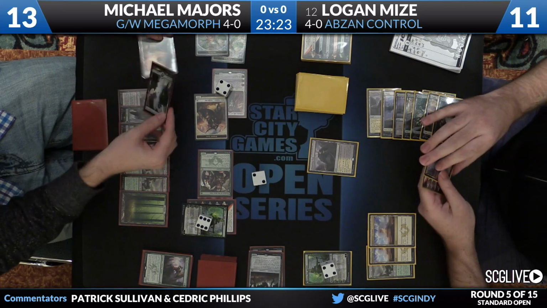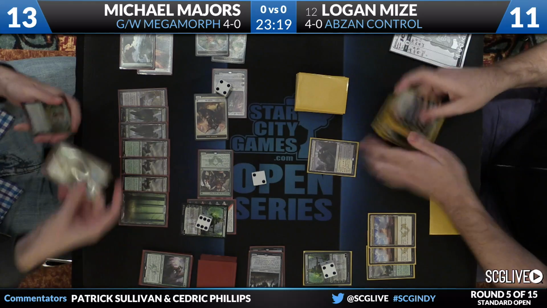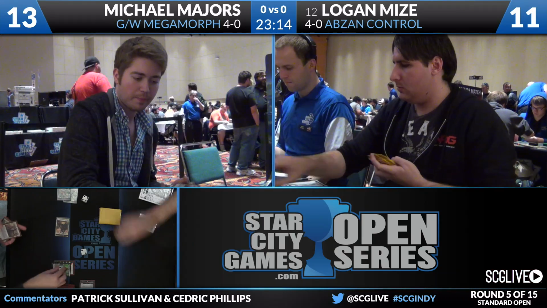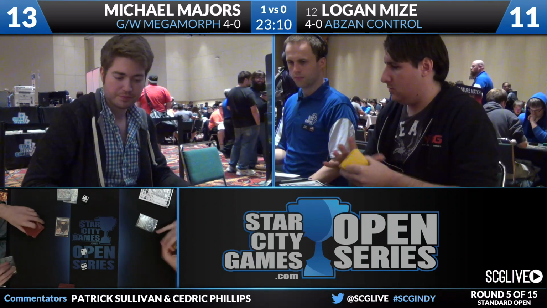Pretty awesome to have Creature Lands back in the format. Yes. I always like these cards. Here's Shatter's Command. Not going to let that happen, and Logan's already conceding the game. So Michael Majors is going to win game number 1 here over Logan Mize. Green White Megamorph up a game here over Esper Control, which means now we get to take a look at